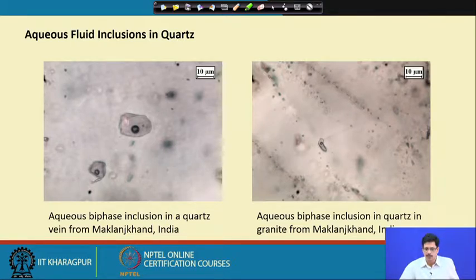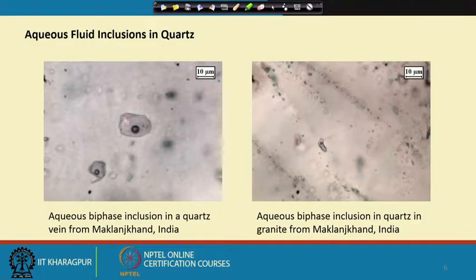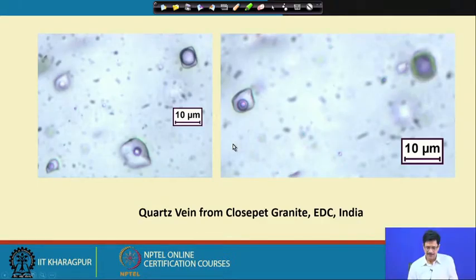And that has been one of the major topics of research in the later part. In recent times there have been many such experiments which are being done on them. We will discuss them in due course of time, but before that it would be worthwhile to just see the various types of possibilities. We could see the wide diversity of the shapes and size, and also the phase proportion.